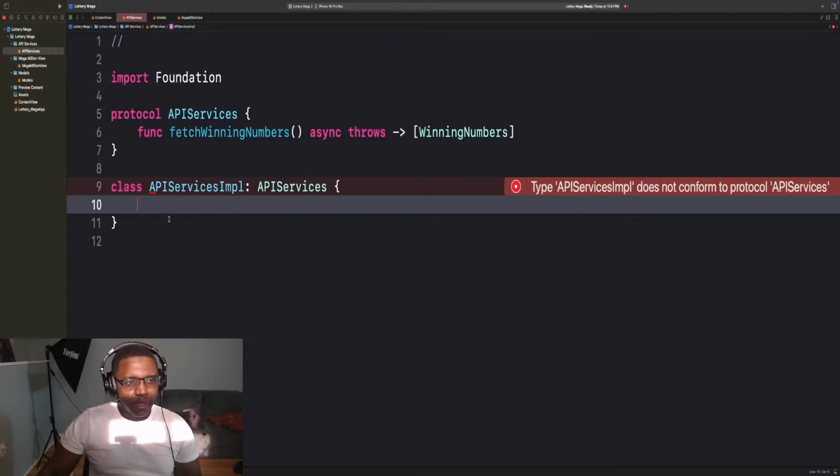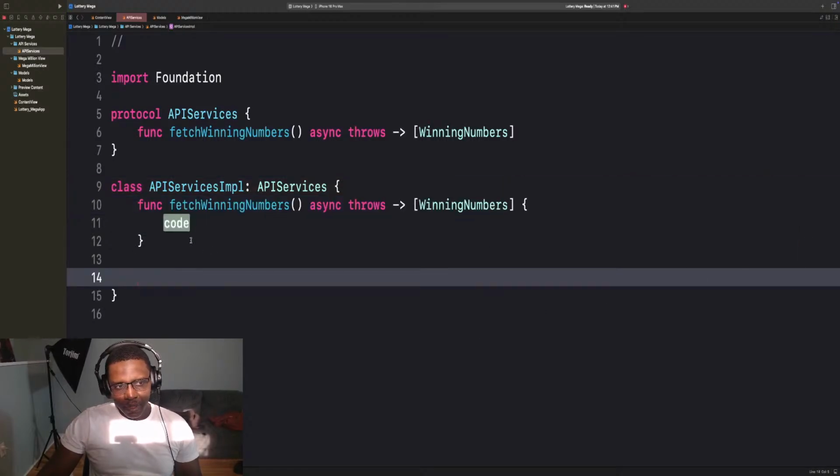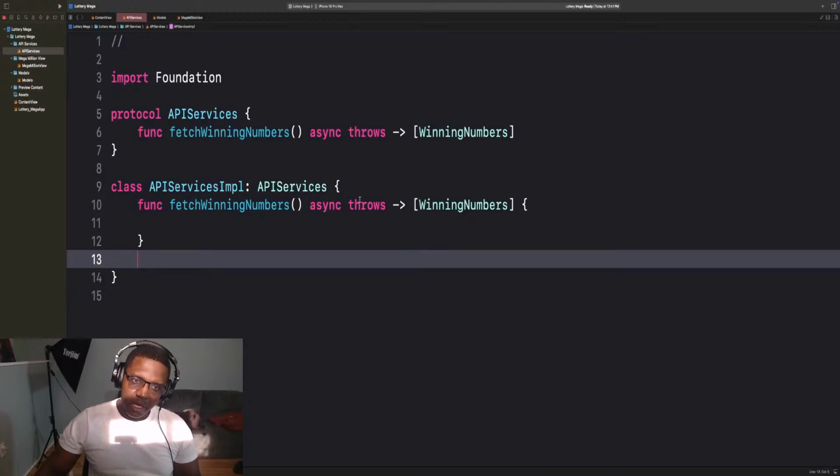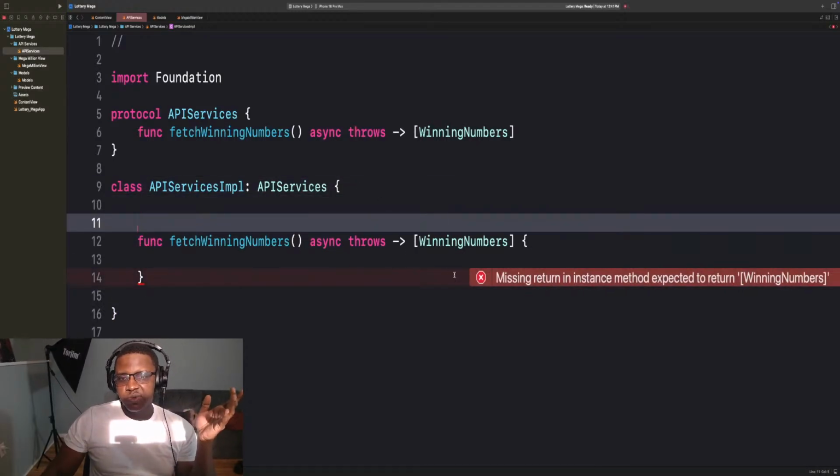Okay. And now you see it's complaining about that. So let's just add that in and remove that code block. And now we can scroll down. So now as we're using this, we're going to keep getting this error saying missing return in instant method expected